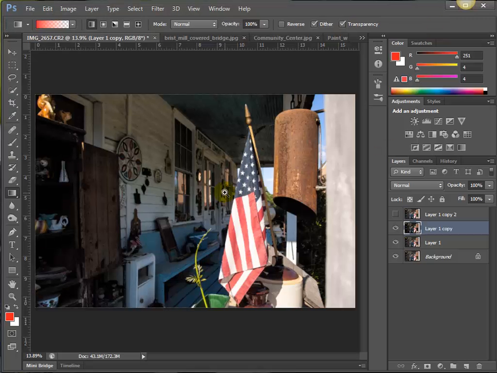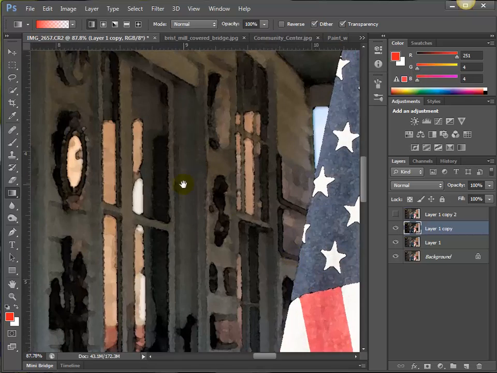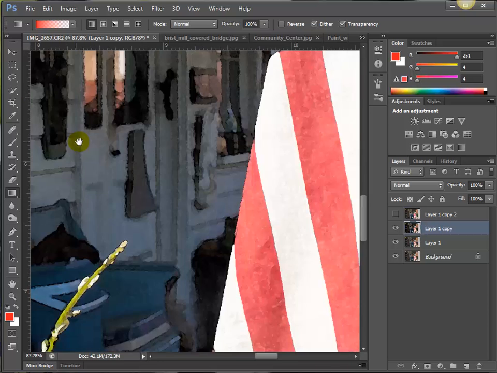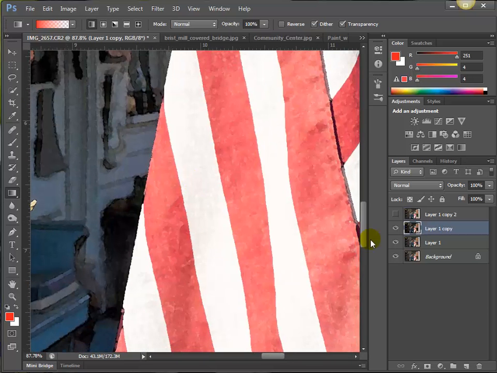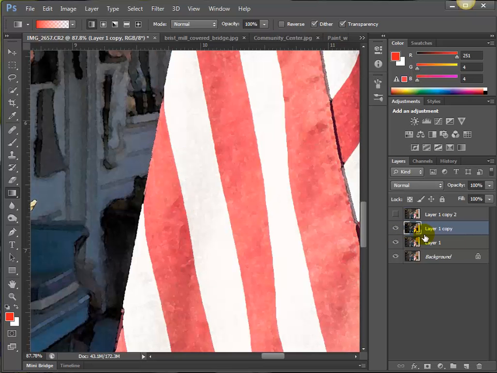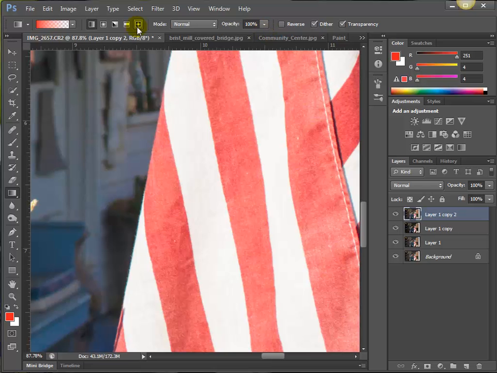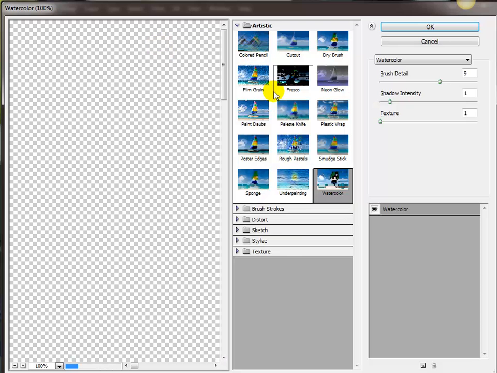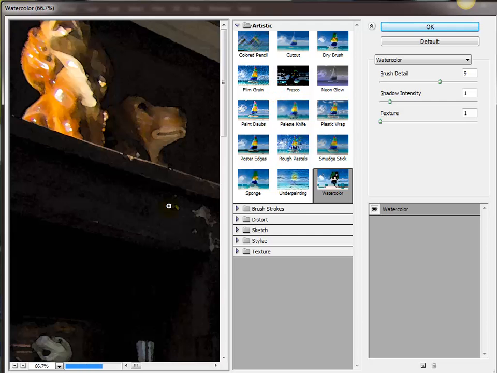Now let's blow this up a little bit so you can see the paint effect that's on here. But now we can't see this because it's covered up with the layer above it. But I'm going to go even further. I'm going to come up here to this layer, click the eyeball on, and go to Filter Gallery again, and let's try Control minus for one,